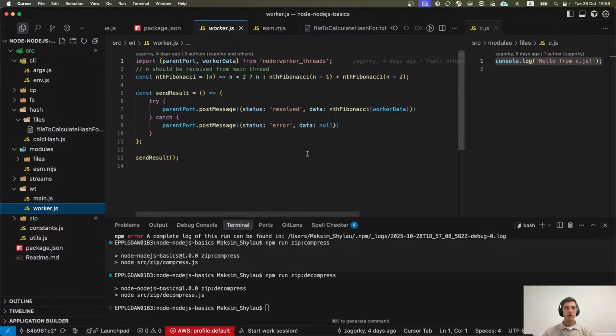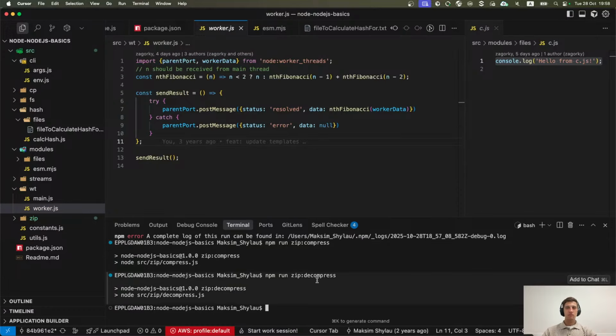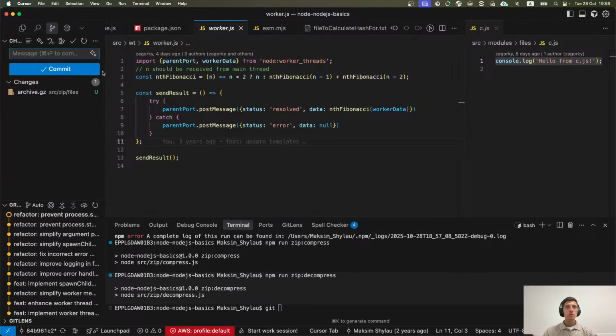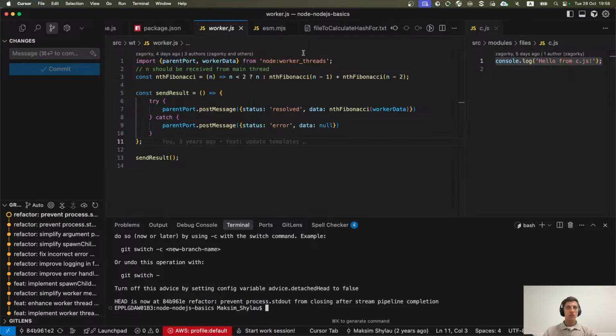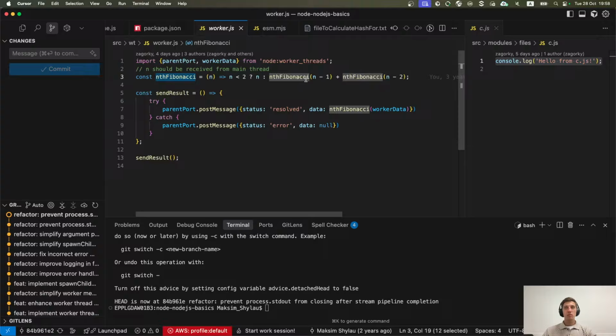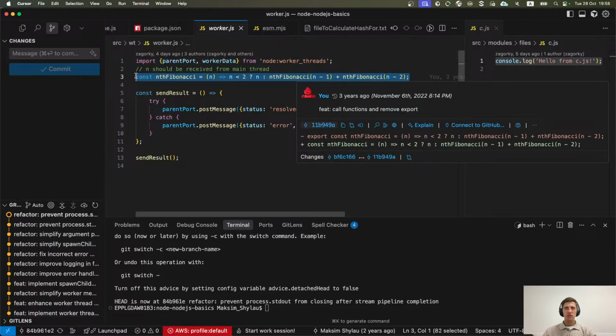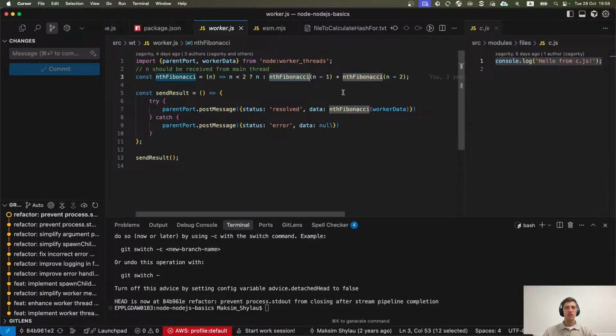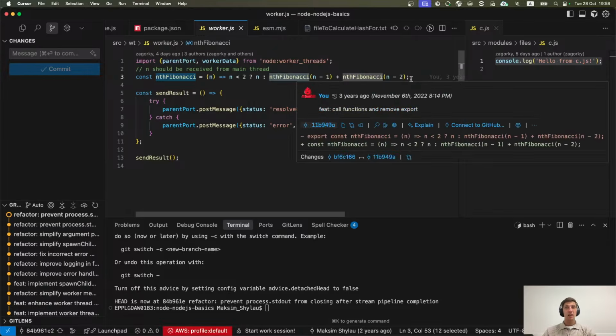So what do we have here? Let's switch to the student version. Okay, so we had a Fibonacci function here. You can see that it's done in a very bad way because the function calls itself recursively 2 times on each call, so it has very bad complexity.